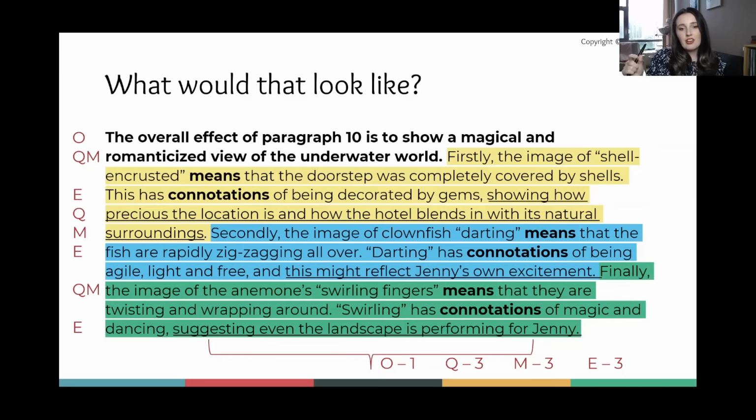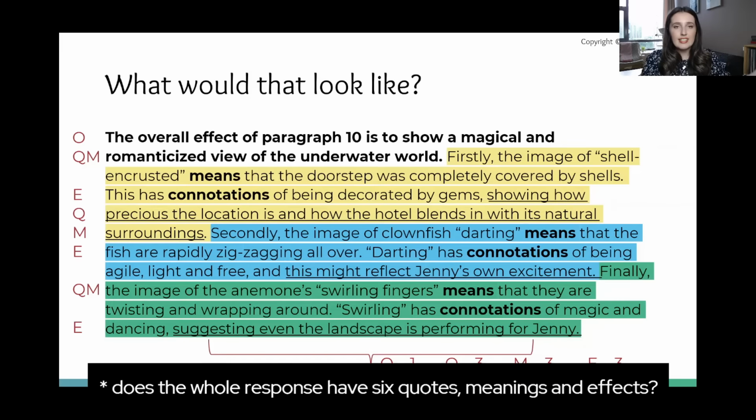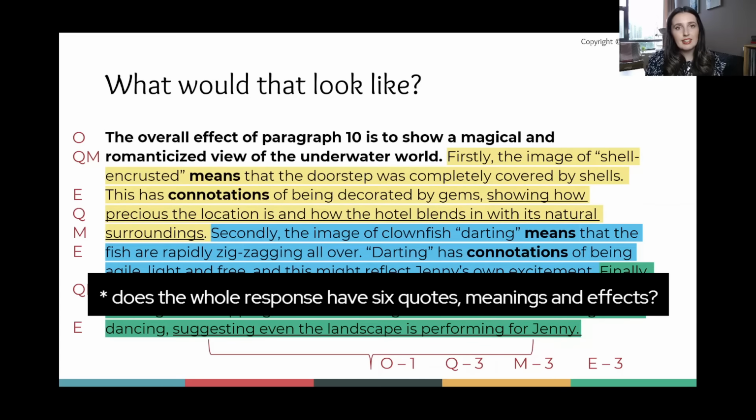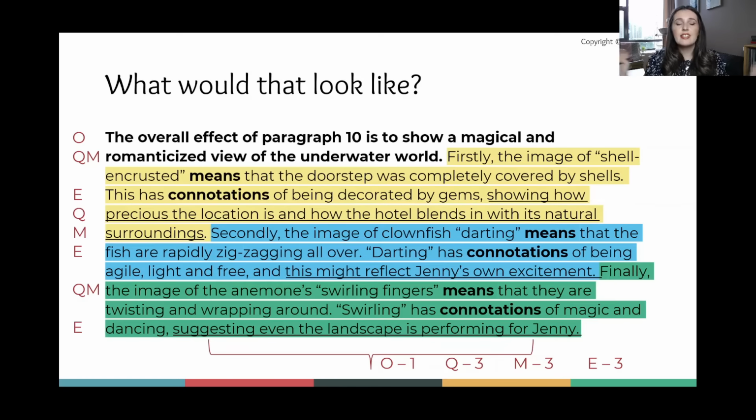Okay, does each paragraph have an overall effect? So I should have two overall effects, one for each paragraph. Does each paragraph have 6 quotations that are on my mark scheme? Does each paragraph have 6 meanings that are on my mark scheme or that I think are correct? Does each paragraph have 6 effects? They will literally count up and double check that you've done this. So it's really important that you do follow this structure, because if you don't, you're going to be losing those